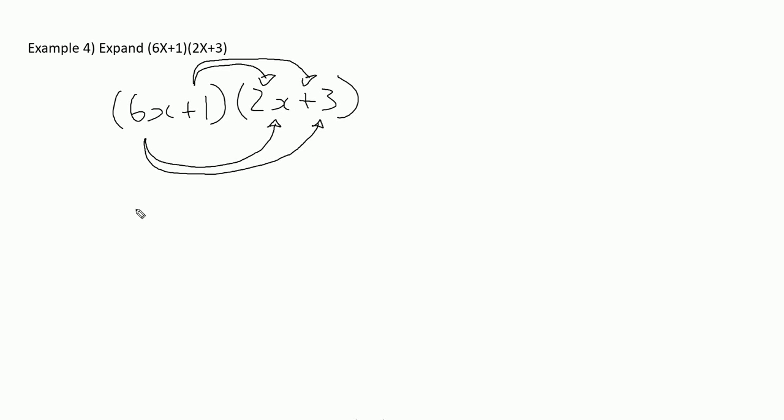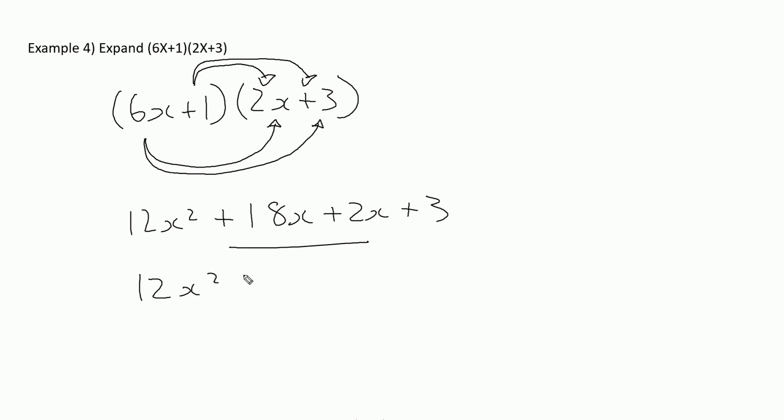So now you just follow these arrows and multiply. So 6x times 2x will give you 12x squared. 6x times 3 will give you plus 18x. 2x times 1 will give you plus 2x. 1 times 3 will give you plus 3. And now simplifying these terms gives you 12x squared plus 20x plus 3. Moving on now